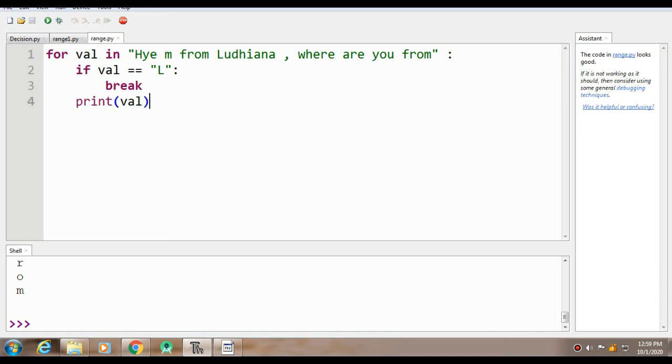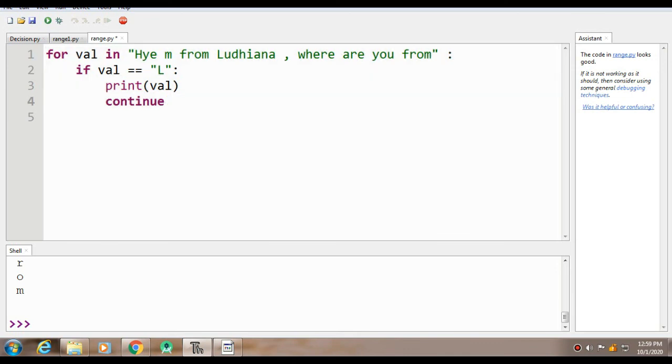Now next we have the continue statement. The difference between both statements is that if instead of break, continue is encountered, then what will happen is that continue will only skip this capital L, and the rest of the string will be printed. Okay, let's see.